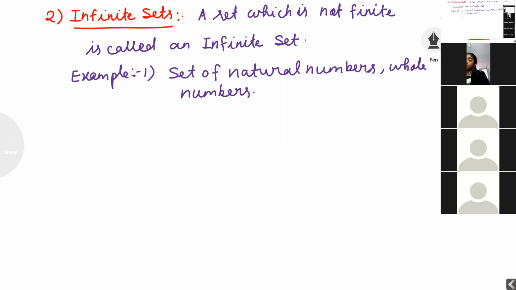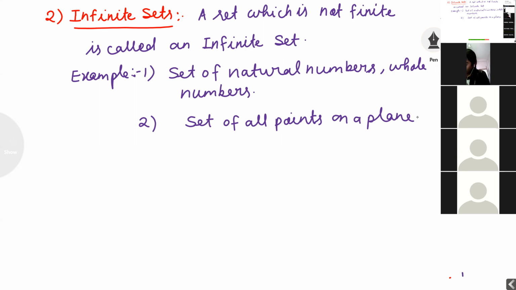Second example, the set of all points on a plane. We can't count how many points are there in the plane. Okay, this is an infinite set.